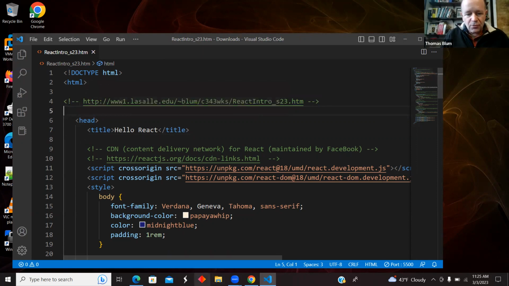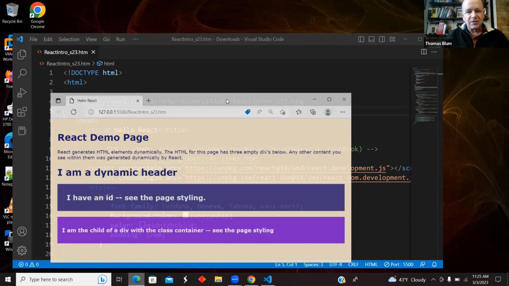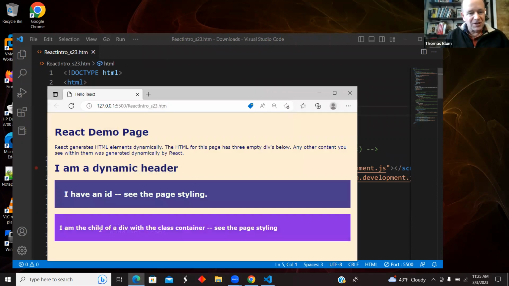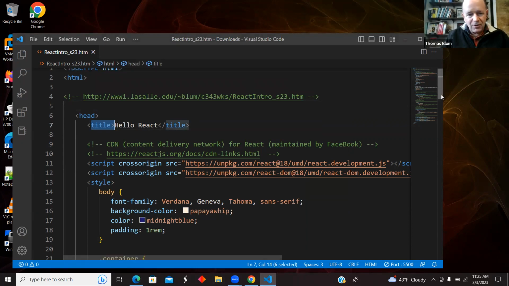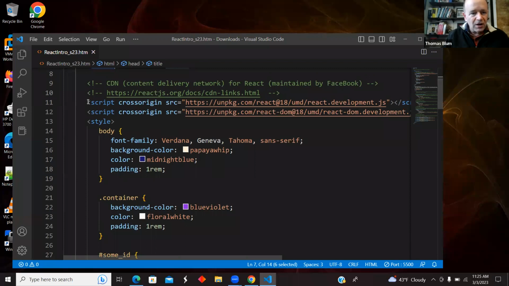Okay, so it's a terribly exciting page. It's got some headers and some divs, which I generated dynamically, maybe adding in some styles or assigning them IDs or classes, what have you. So here we go. It's got a head, got a title. Here are the two CDNs